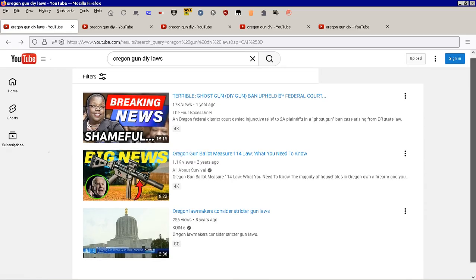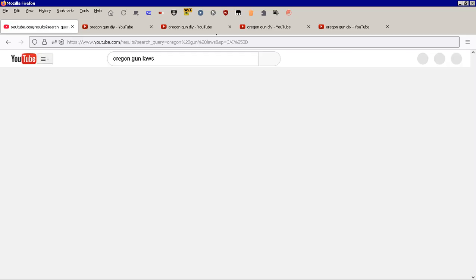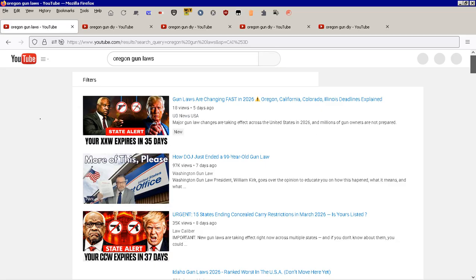It's deliberately limited, but at least we can get something out of it. Now let's type in Oregon gun law, and we're not using the plus sign, we're using the %20, which is the space function, because YouTube deliberately changes it up every once in a while so there's nothing consistent, so they can always claim, oh, we found no results. Okay, 5 days ago, this is on topic, but not for home built or craft built.